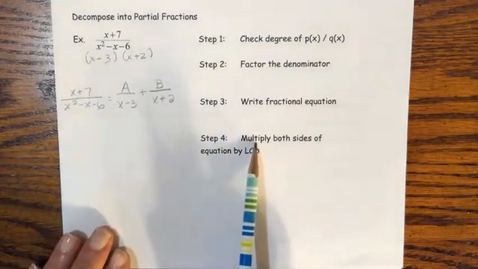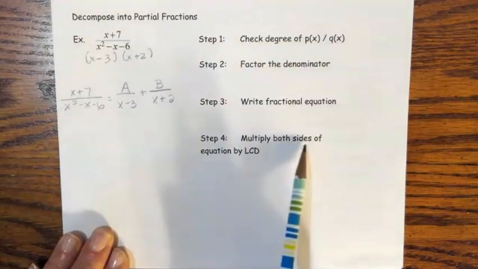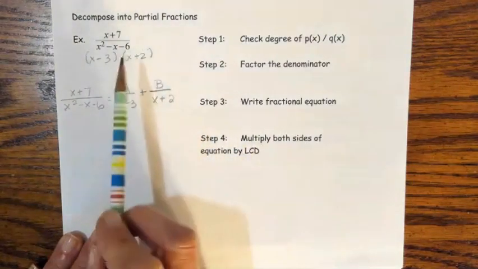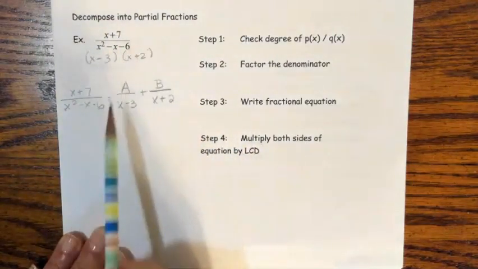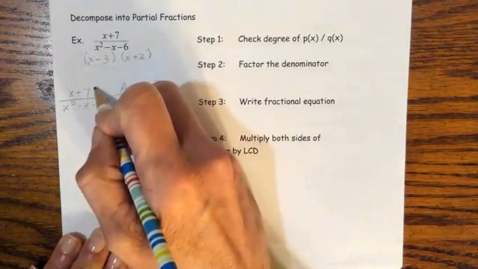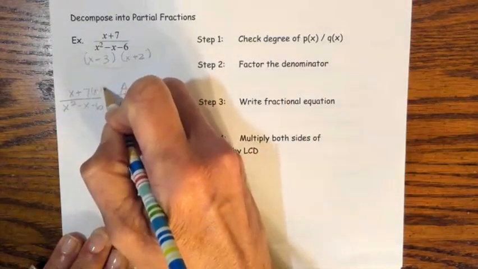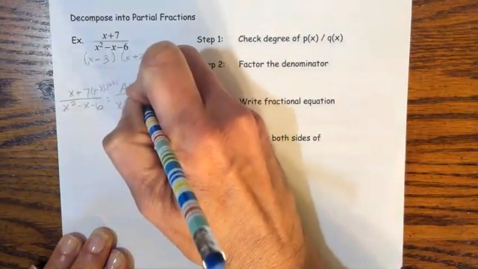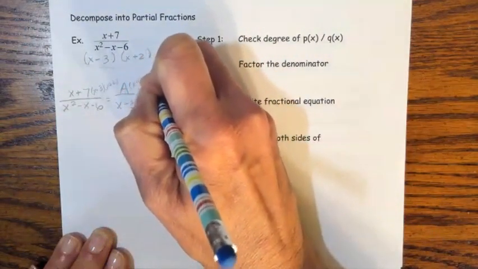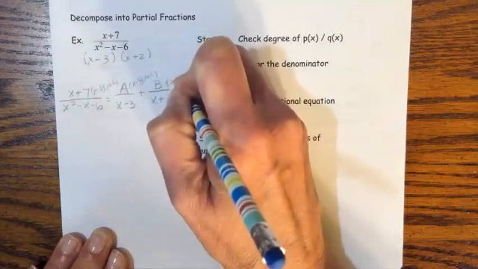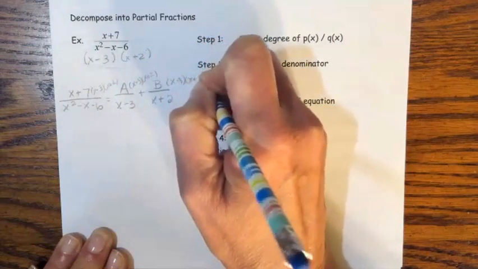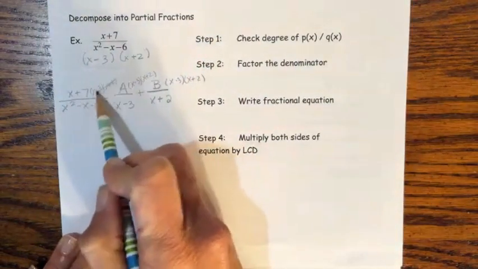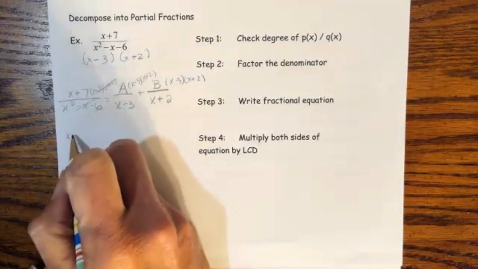So the next step is we want to get rid of the fraction. So we're going to multiply both sides by the least common denominator. Well, the least common denominator is going to be this, which is what this is. So if I multiply both sides by that, that means I'm multiplying every term by that. So I'm writing that up at the top, x minus 3 times x plus 2. And then what happens is this is that, so these will cancel, and I'm left with x plus